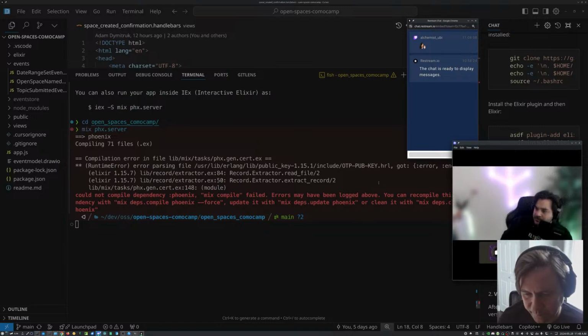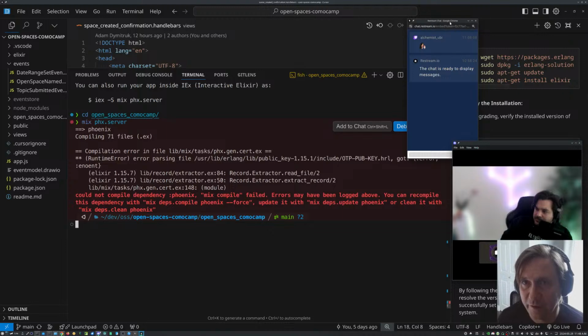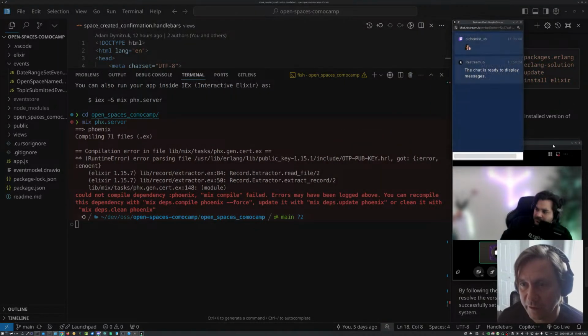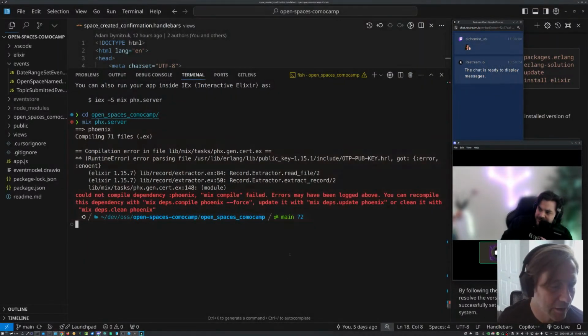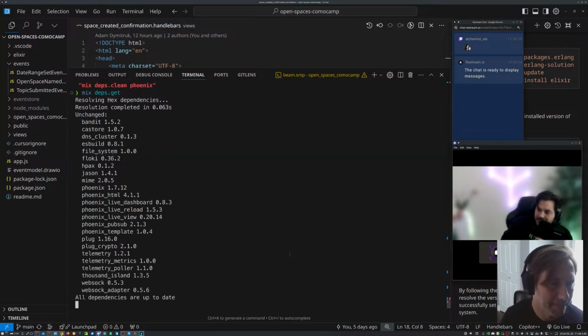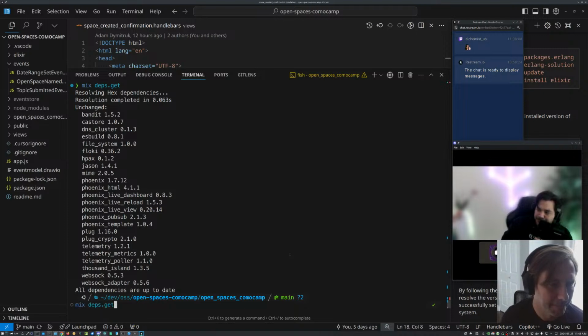Okay, I'm going to move myself over to the side here, and I'm going to move you as well. There we go. Just gives us a little more room. And then I'm going to shrink this a bit here. Move the chat here. Do you download the dependencies, mix deps.get? I guess not. But it didn't tell me to do that. Yeah, so if you do mix deps.get, like that, right? Mm-hmm. Yeah, it's already there. Okay. So now why does it...